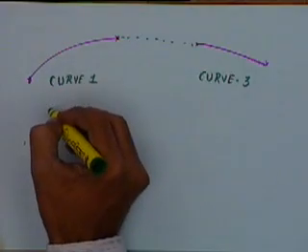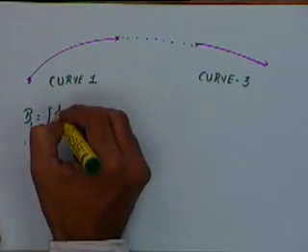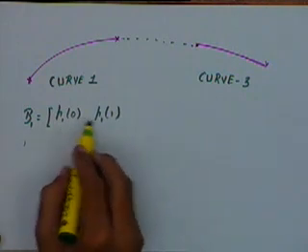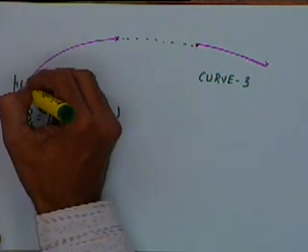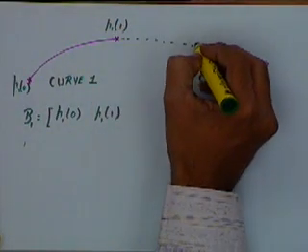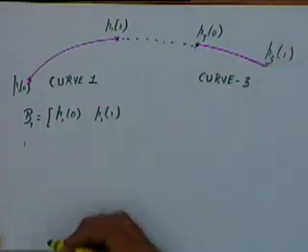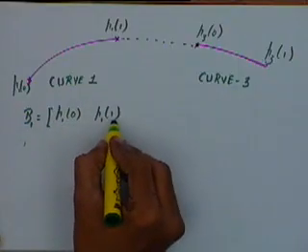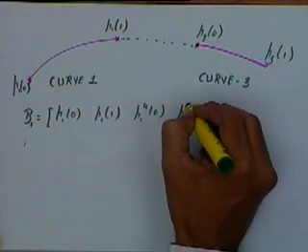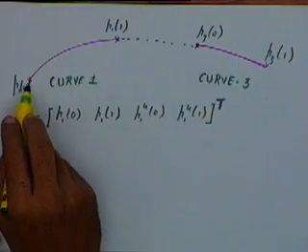Okay, so this is a PC curve. So let's say its geometric matrix is given by P1 of 0 and P1 of 1, the starting point and the end point. Okay, for this curve the starting point is P3 of 0 and P3 of 1. Okay, the starting tangent vector is, let's say, P1u at 0 and P1u at 1. So this is a B matrix for the first curve.